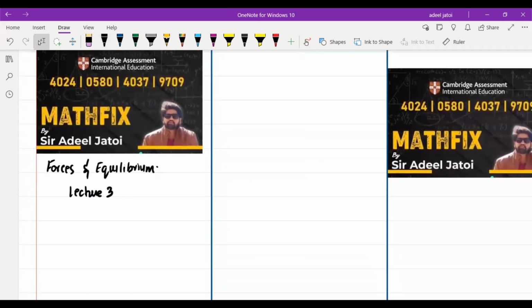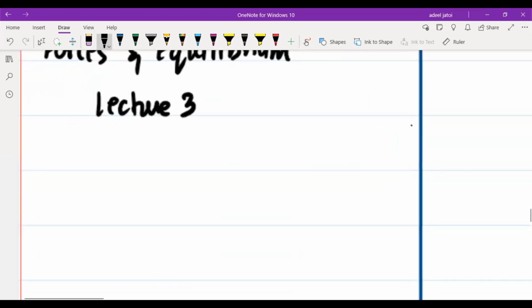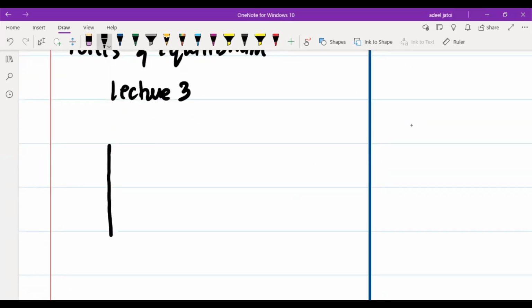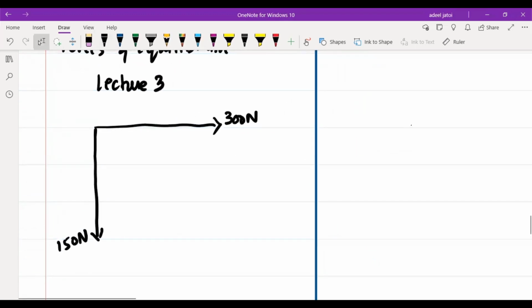Say there is a force going down and towards the east, a point that is 300 Newton and there is 150 Newton. Now, considering that there are forces that are 300 Newton and 150 Newton, what we need to understand is